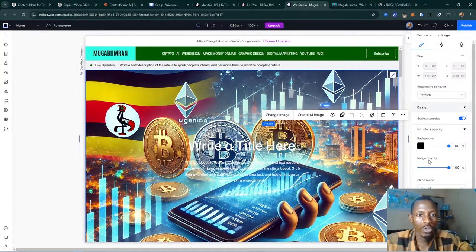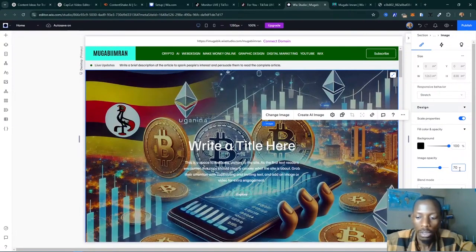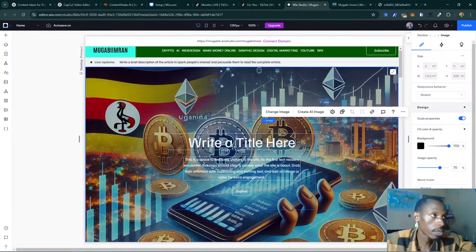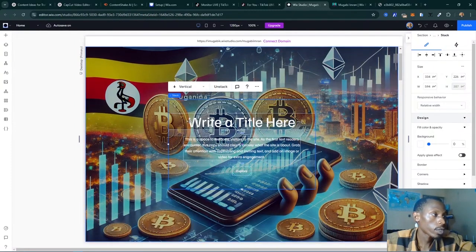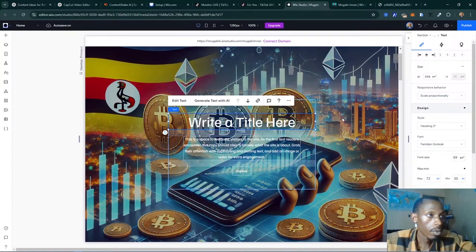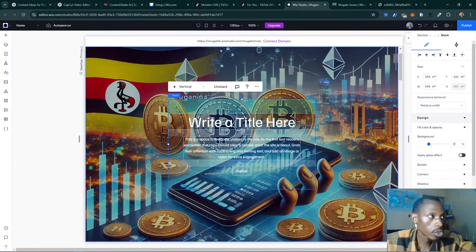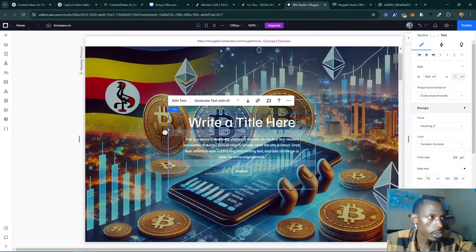And then you reduce the image opacity from 100 to maybe 70. Let's click there and type in 70. That's enough. So now we can see some of our text coming through. So we can just click on the text. Remember, we saw that you click once on the stack, then you click on the items within the stack. So in this case, the text, and you choose edit text, and you type